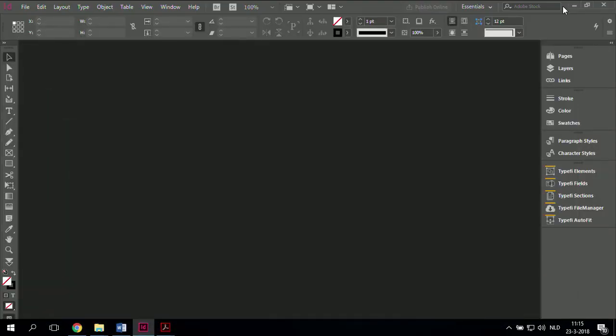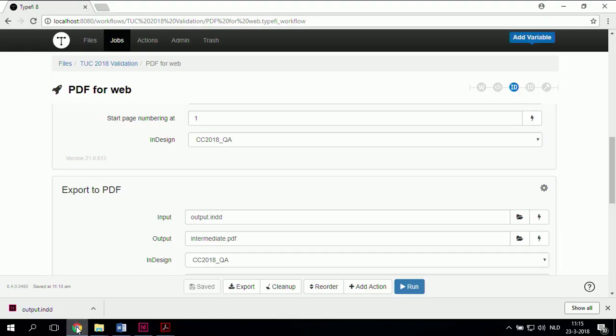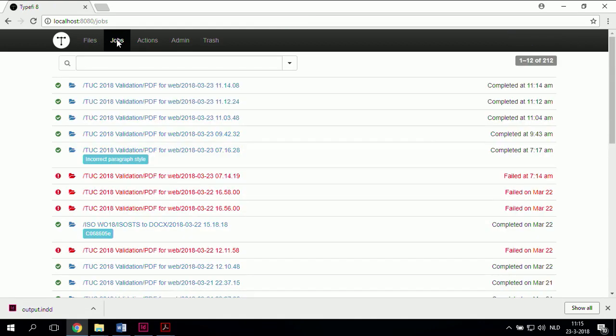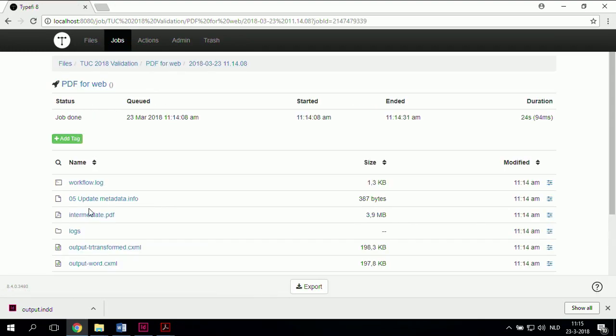Now, one of the things that Caleb was talking about earlier today was the fact that you can validate your templates. So there will be more and more tools for validating your InDesign templates in the near future. There's already some work being done in that, but more will come. And one of the things you can do with validation is, I'm actually going to download one of the generated InDesign files, because sometimes when you're troubleshooting, we need to download the InDesign file because the PDF doesn't always tell you why something is happening, right? So if I download the InDesign file and I open it,